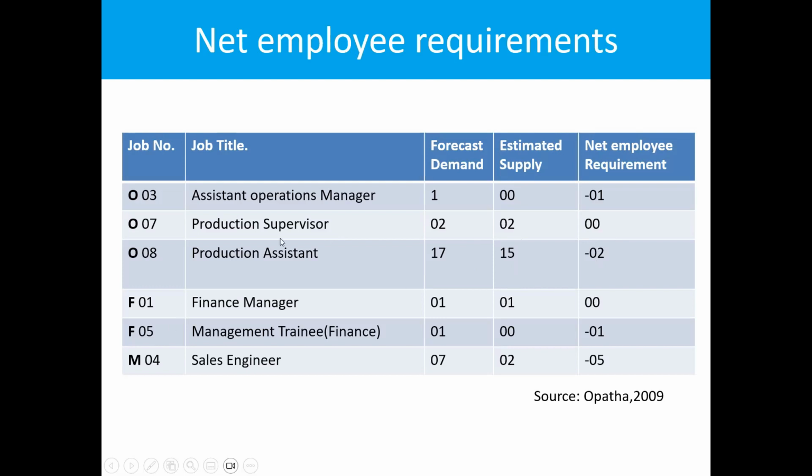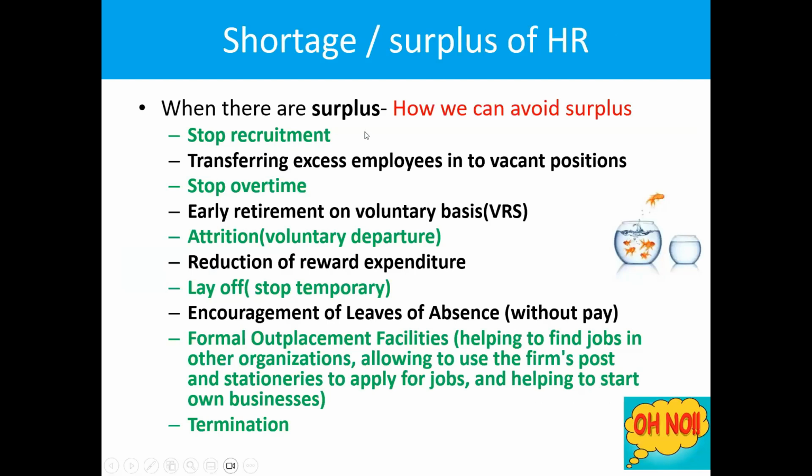from external. Right? So likewise, we can add all together, and finally in the total column, we can find out how many people are required. Net requirement, right? So then we can plan how to recruit all these people required. Right. So the next step is when we have a shortage or surplus, what actions can be done